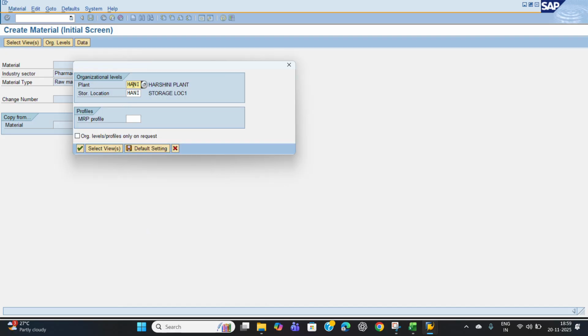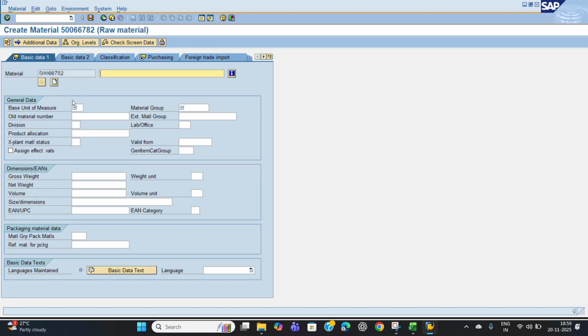In organization levels, change the plant to 1000, plant 1000, storage location is 0001. Then click on continue. And in basic data 1, we need to enter 6 fields, which are material description as